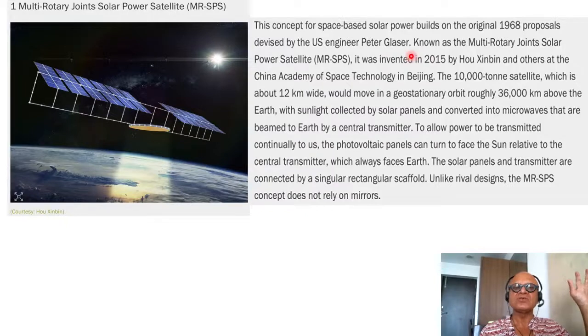So the US considered space-based solar power in the 1970s during the oil crisis, but the costs were so prohibitive that it was never implemented. Known as the multi-rotary joint solar power satellite, it was invented in 2015 by Hu Xibin and others at the China Academy of Space Technology in Beijing. The 10,000-ton satellite, which is about 12 kilometers wide, would move in a geostationary orbit, so it's always pointing at China, for example, roughly 36,000 kilometers above the Earth,